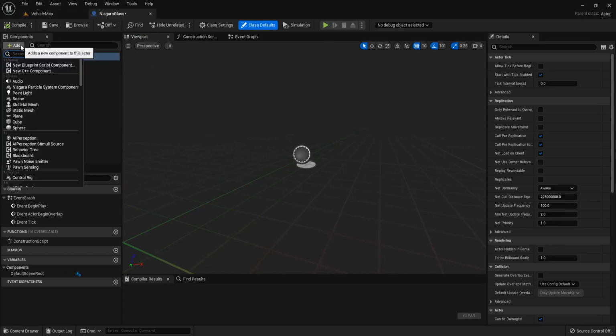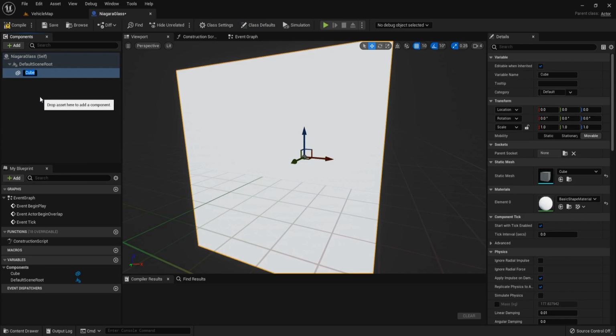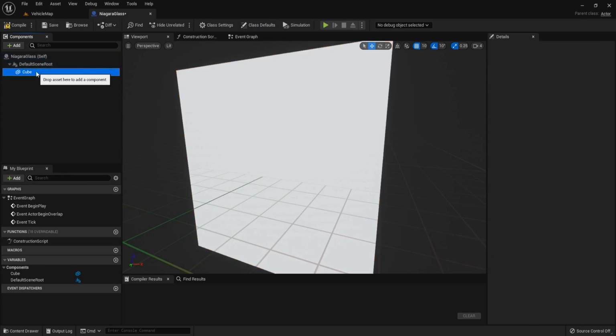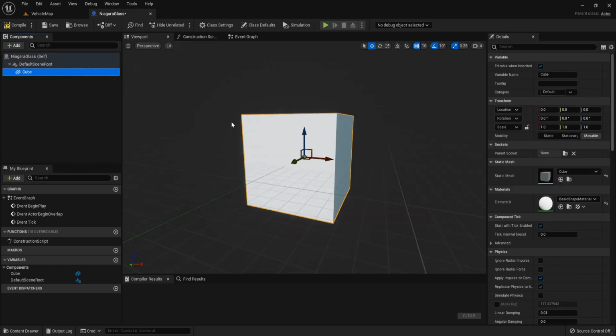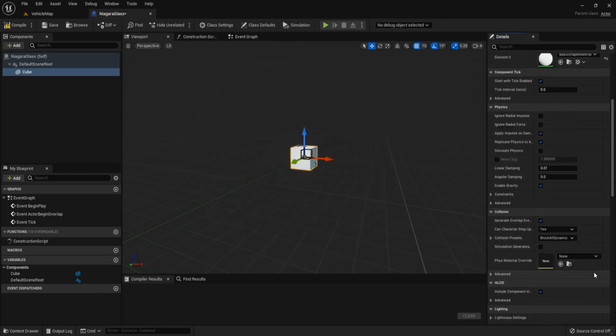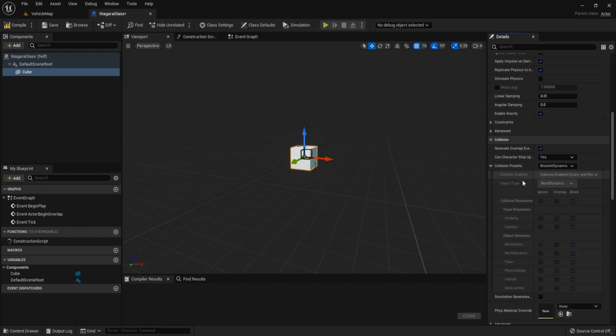And then we add the cube for us to make it easier to spot the location of the Niagara that spawns, and set the scale to 0.25. Scroll down to collision, select custom and ignore all.